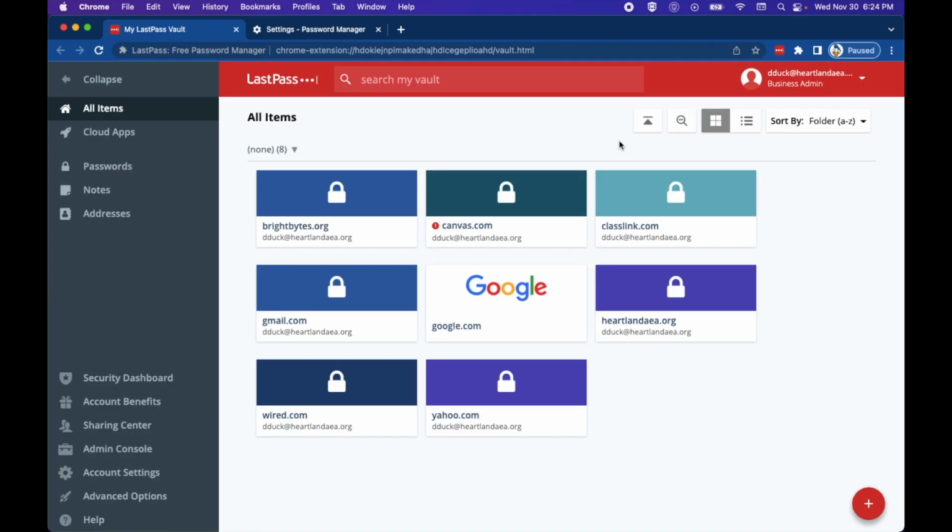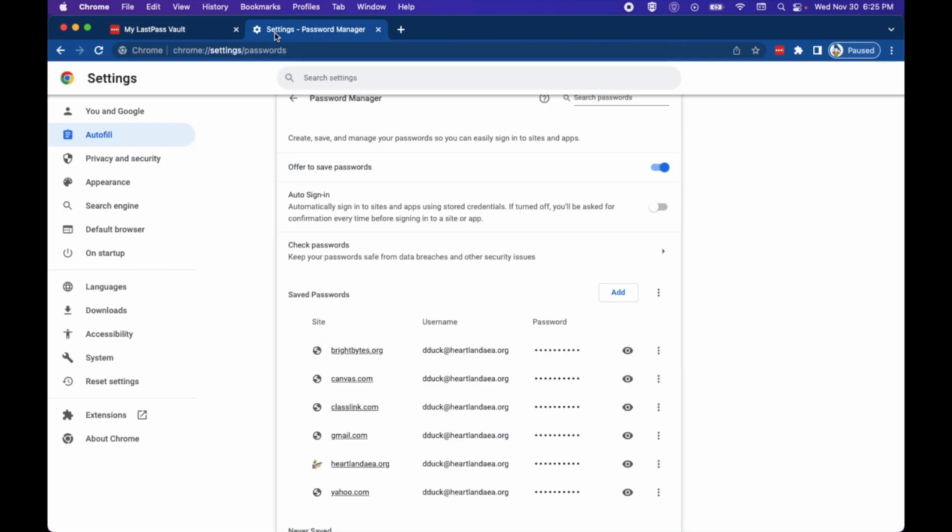If we go back to our vault, we can see that those passwords have now been added with the rest of the other ones. But there are a couple more settings, very important, that you have to change. Now that we have the passwords out of Chrome, we do not want Chrome to remember any further passwords moving on for us. So we're going to go back to our settings here, and right above where we have our passwords, we're going to choose the option that says Offer to Save Passwords. Turn that off. That way, for future use of Chrome, only LastPass is going to ask you to save and